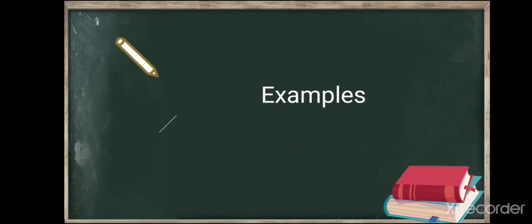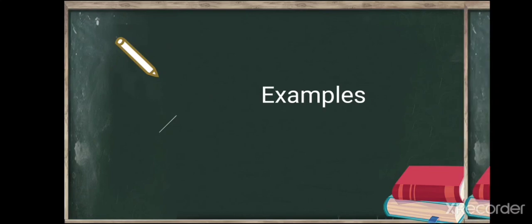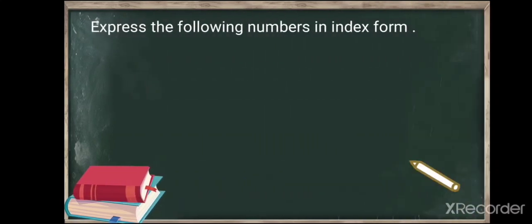So let us solve some examples based on it. This is the first conversion. Express the following number in the index form. So in this question, 5th root of 27 is given. Here we have to convert it into index form. So here 27 is the base. So let us write down the base first. In this sentence you can see its index value is given, that is 5th root. So the next step is to write down its index power, that is 1 upon 5.